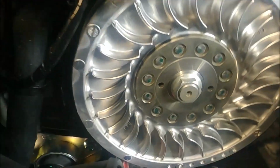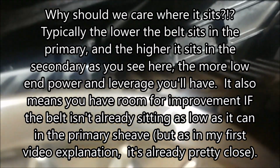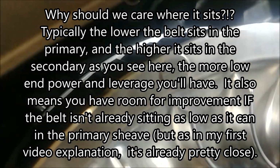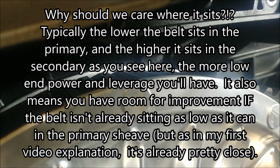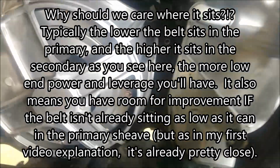Okay, I just want to show you guys this belt in the secondary, how it sits. Sitting pretty low considering. This bearing support cage,